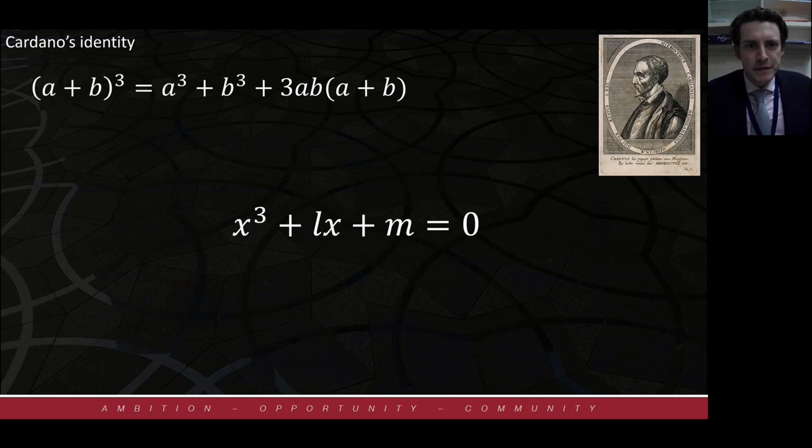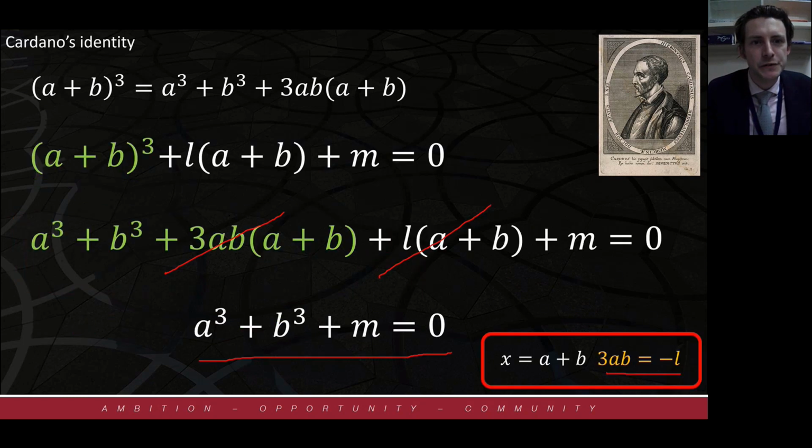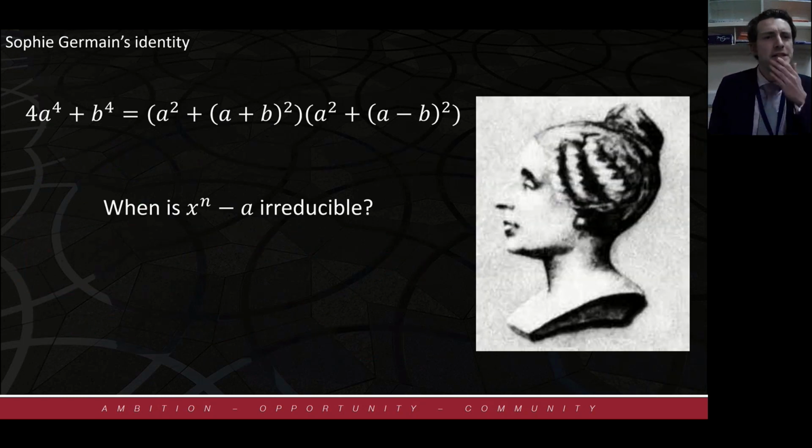Having lost a little bit of time there with the tech issues, I will very briefly talk about a final character, which is Sophie Germain. So this is one of the final identities in the list. And